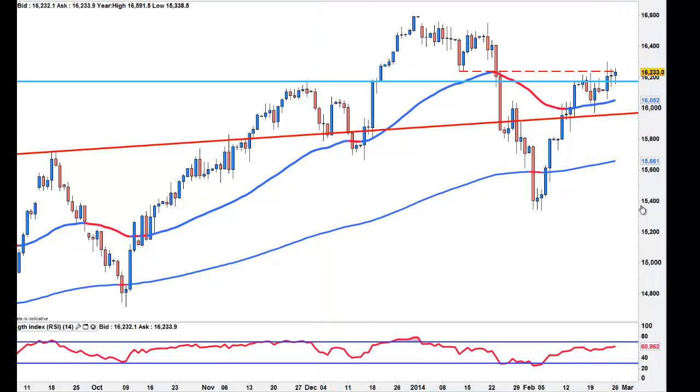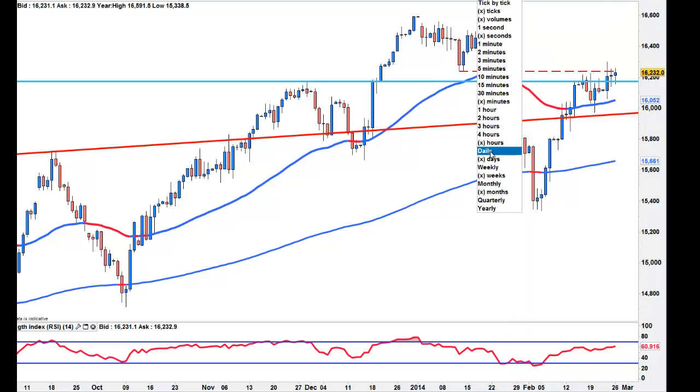The danger, I'm thinking at the moment, is that because the RSI is not extreme, we could get a move back up to 350, 400, this kind of area. If that's the case, that's fine. I will just keep shorting the highs until I get this to drop, because this monthly